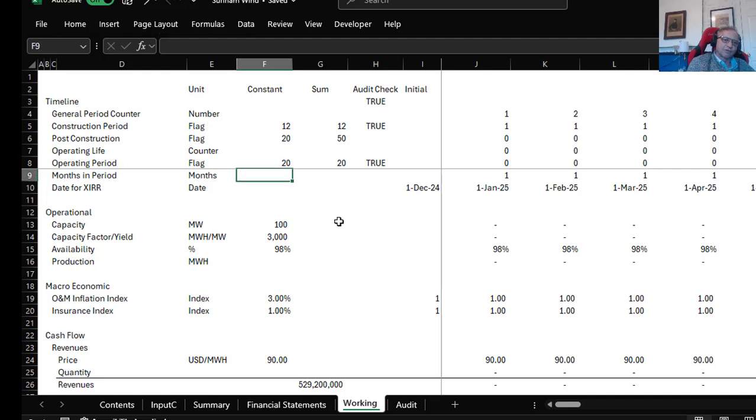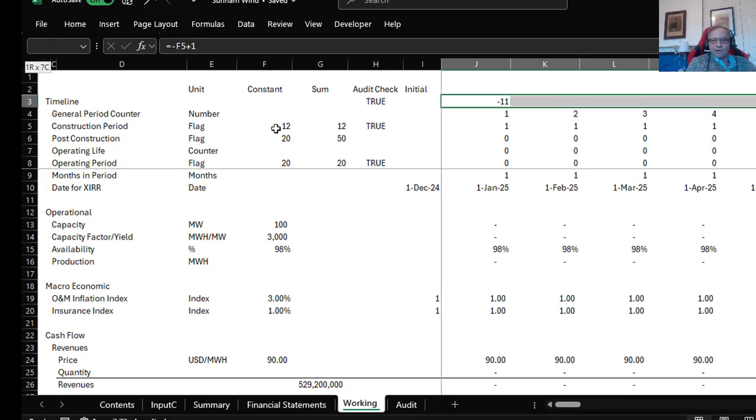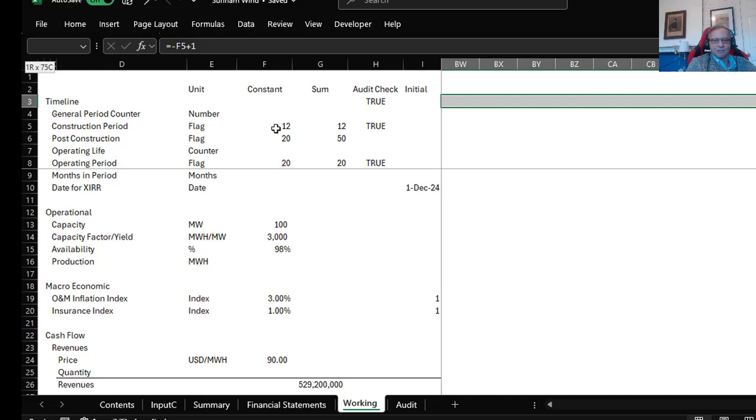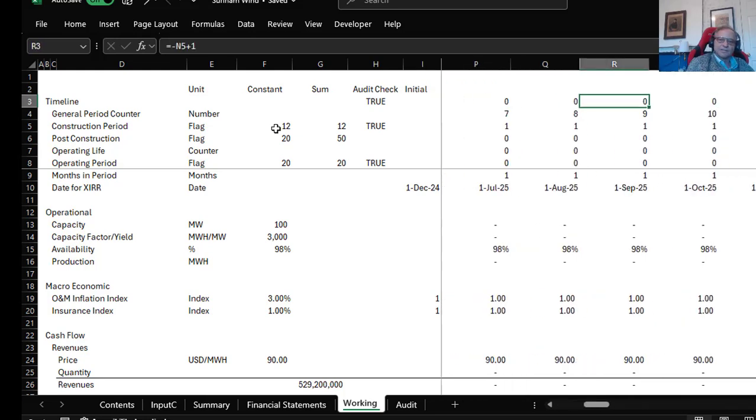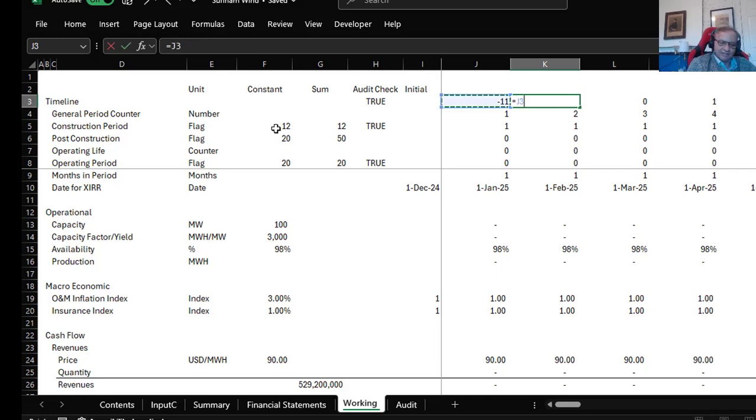Okay, so the very first thing I do is I set up a counter. Now, it could be the case, and I interrupted myself. Notice, by the way, I put an audit check here because they asked for an audit check. You could have done this, so I would have made an equal sign and put a minus the 12 months of construction, which has to be variable, +1. And then I would go all the way across, and I can't do this with my Shift Control R, by the way. And I would then say this, and then, whoops, sorry, I start with -11, and then I put this +1,